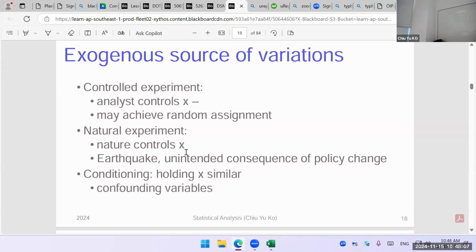The next is a natural experiment, like an earthquake or some policy changes. Later you will see we do difference-in-differences, DID, and that is also how we can use the technique to handle it. That part will also help us. The last thing is conditioning, and very often this is where panel data will kick in, because you want to see whether you get treatment is because of